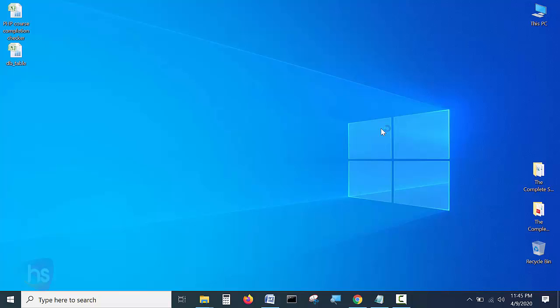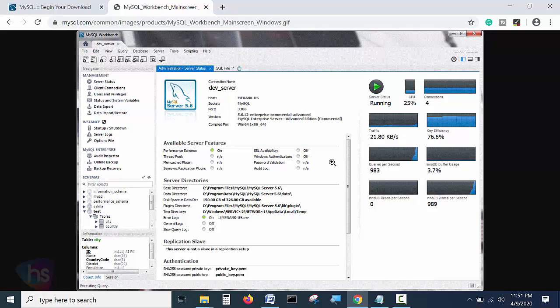It's opening; it's taking launching time only. Once you have started MySQL Workbench, it will show you this window.